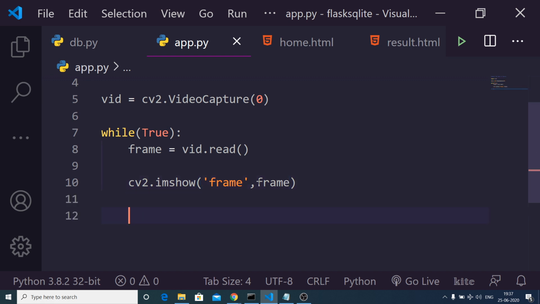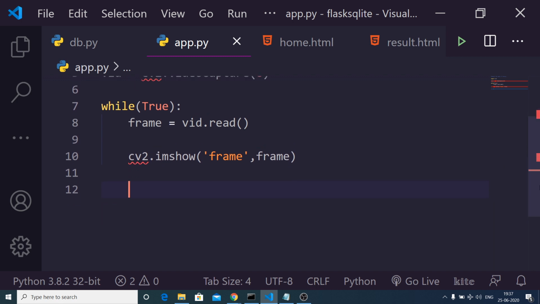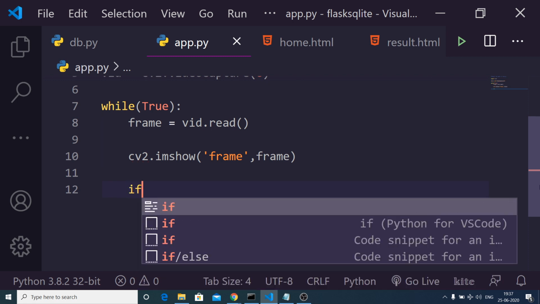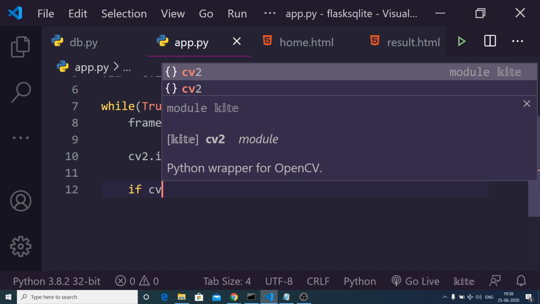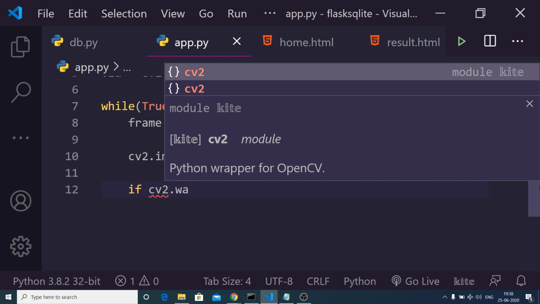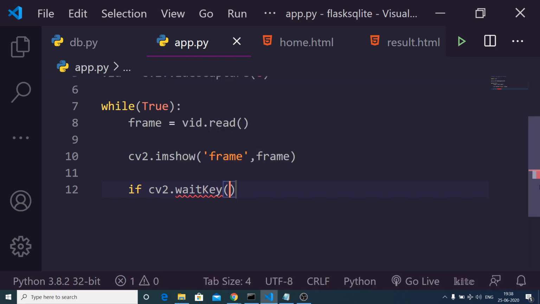After this, guys, after showing the frames, we also need to have a hotkey on the keyboard. If I press this key, then the application will stop. So inside this we will have an if block. So cv2, and there is a method which is waitKey. This is a method, guys, waitKey, and inside this we will pass 1, and also an and condition like this. And this is a hexadecimal code. You need to write 0xFF. This is a code, and then we need to equal the key.